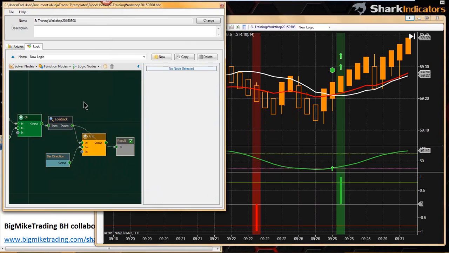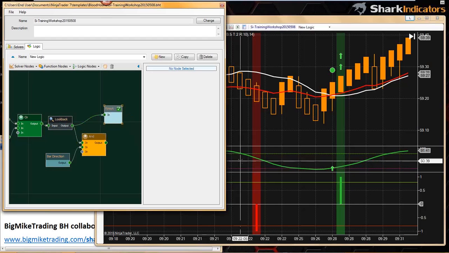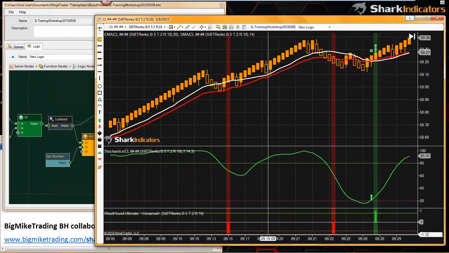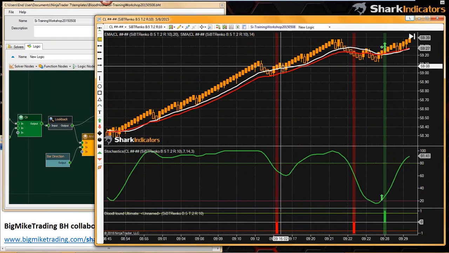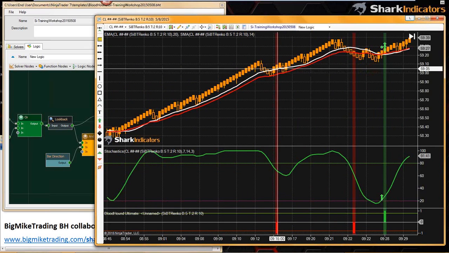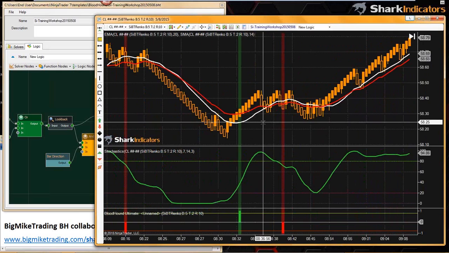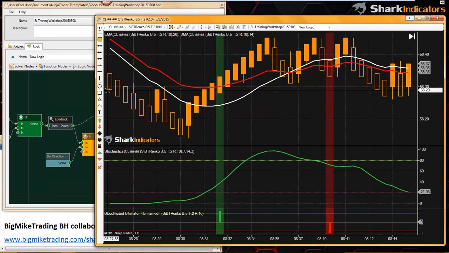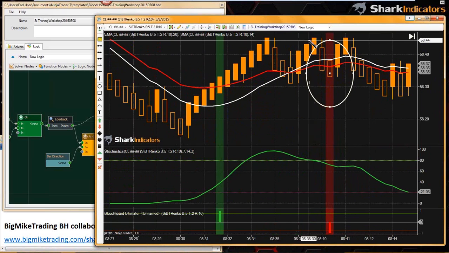And I guess to kind of prove the point, actually I meant to connect it like that, but so I'm going to take a look at the original stochastic crossover signals and see if there's a place where our stochastic crossover signals would actually be invalidated by the 2 bars in a direction. So let me scan the chart here for a little bit. And yep, here we go. Perfect. Found one pretty easily. So right here,